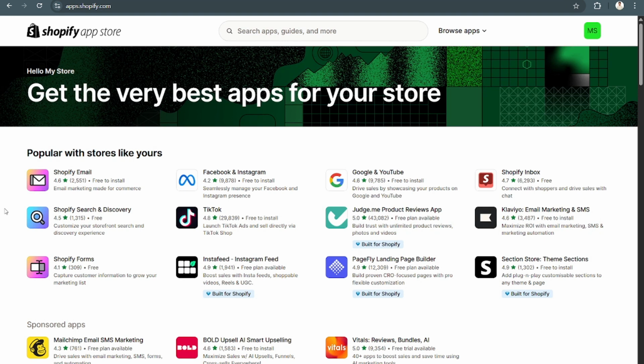So, for today's video, we're going to talk about our top five applications for Shopify. These are applications that you can download. These are all loyalty program apps on Shopify that you can install on your shops. So, first up, we have